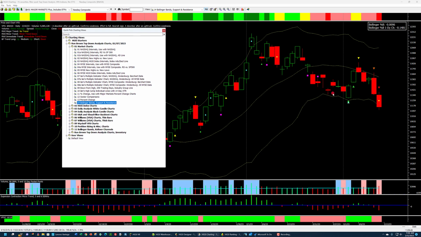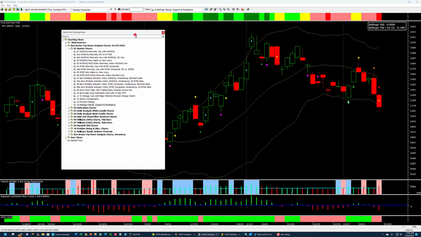And this shows me the relationship of the candle to the Bollinger Bands. This is a Bollinger ribbon up here. Here is where the Bollinger %B closed today, outside the band at minus 0.0096, and the percent one-day change is minus 0.1481, a big move.